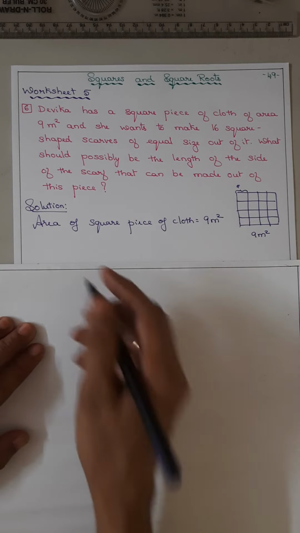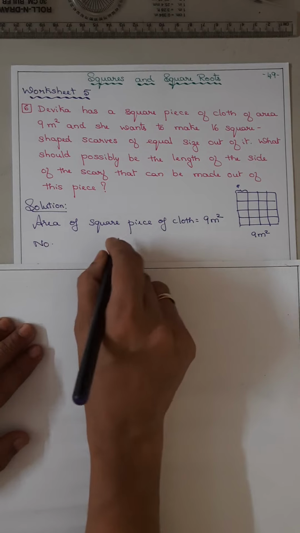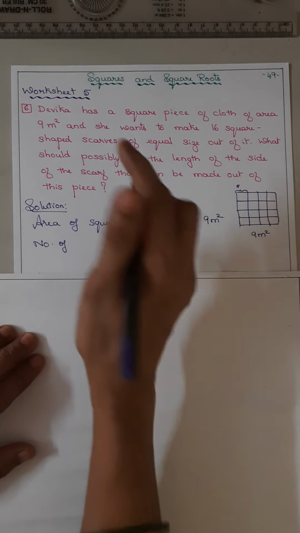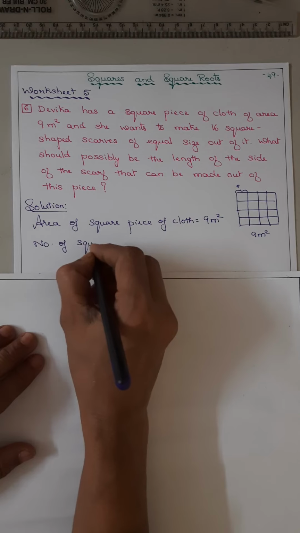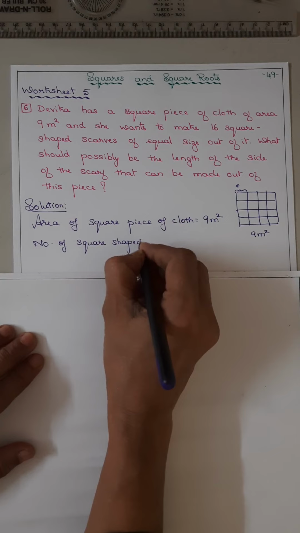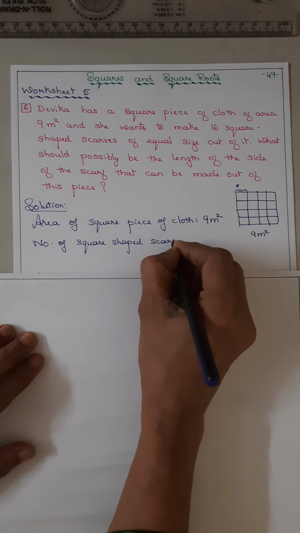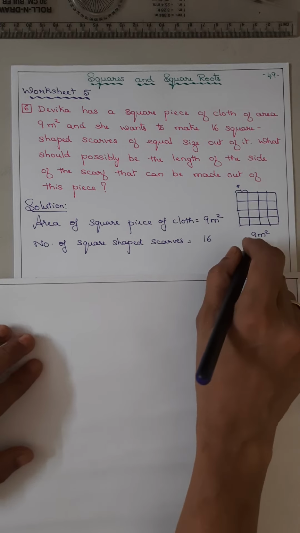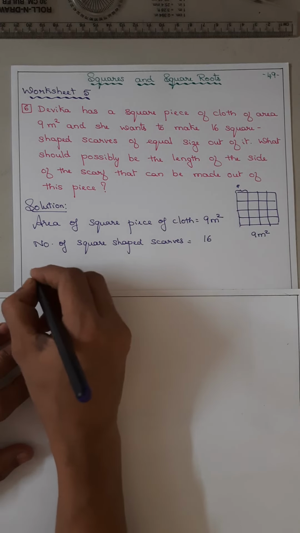The number of square shaped scarves, how much does she want? 16. Now area of,